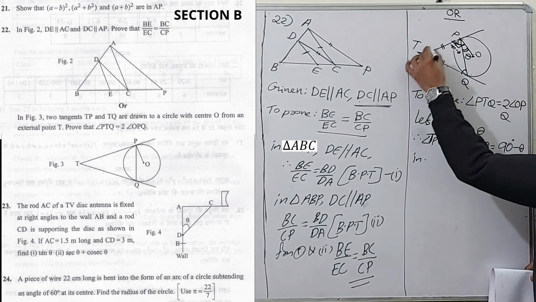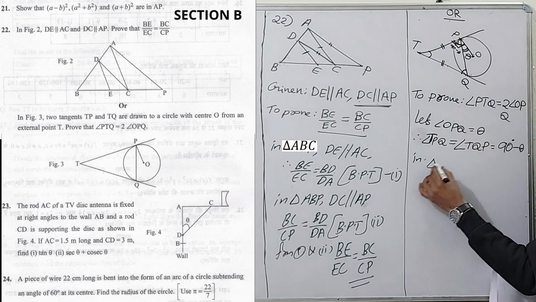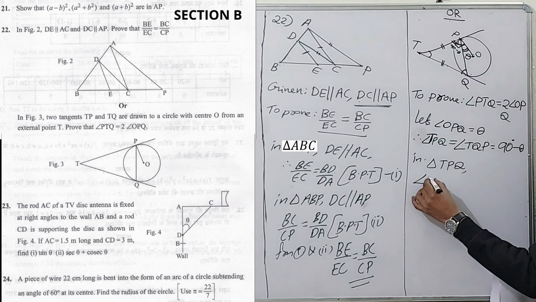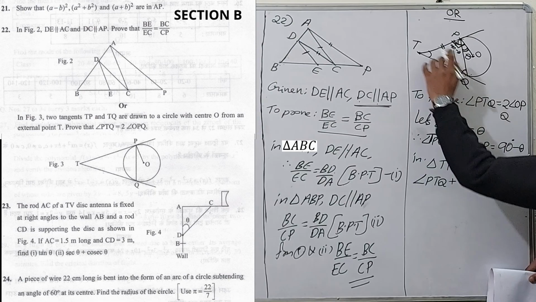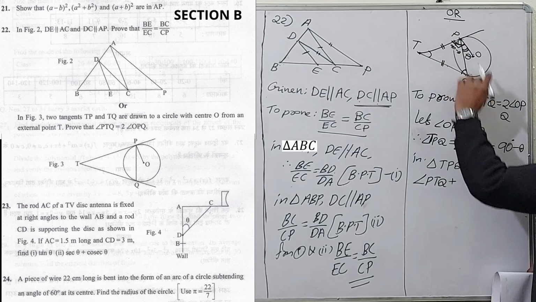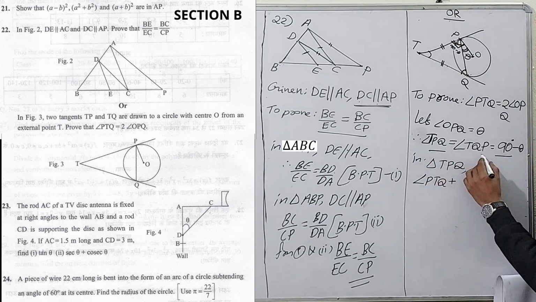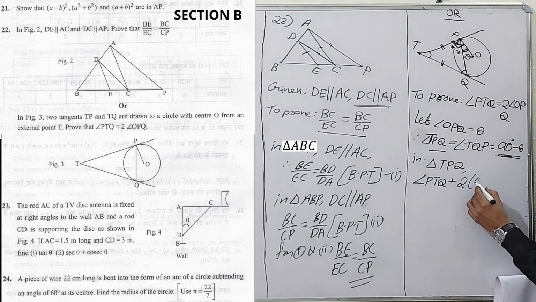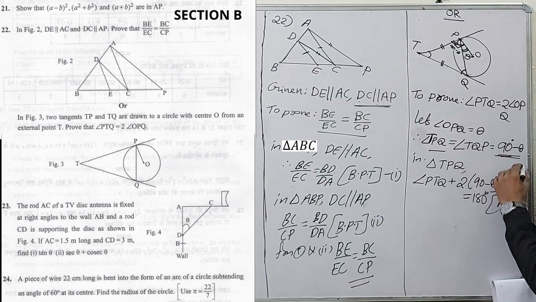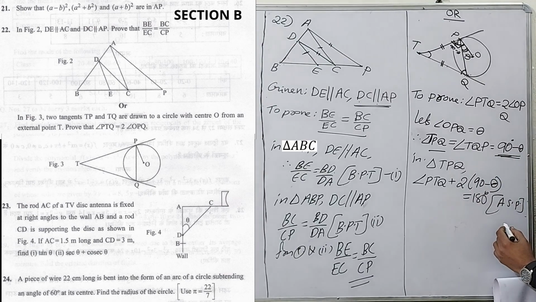Now come to the triangle TPQ. In triangle TPQ, first one angle PTQ, we are writing angle PTQ plus angle TPQ plus angle TQP. Both angles are 90 minus theta, so we can write 2 into 90 minus theta. Clear? Which is equal to 180 degrees, because according to the angle sum property of the triangle. We have to mention the theorem number or name, such as the tangent theorem, to show why this condition holds.